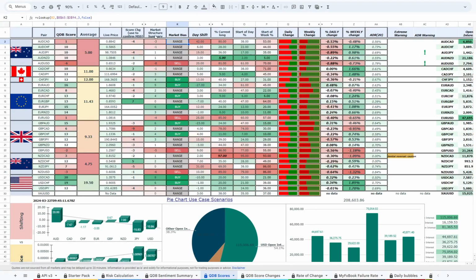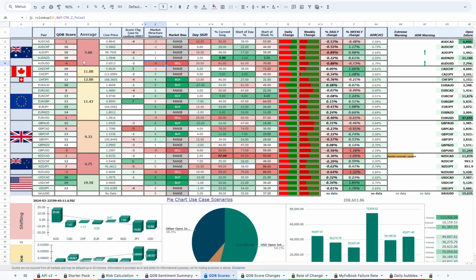And so the market structure summary takes into account fundamental data such as a country's GDP, the unemployment, inflation, interest rate, and also not only that data, but the change from prior. So it's a very, very powerful column, and it examines the Australian economy versus the Canadian dollar economy. Okay, so it's very, very powerful, and we can see how Aussie USD has got a negative score at the market structures summary. And we've also got a negative score on the QDB score, which takes into account technical and